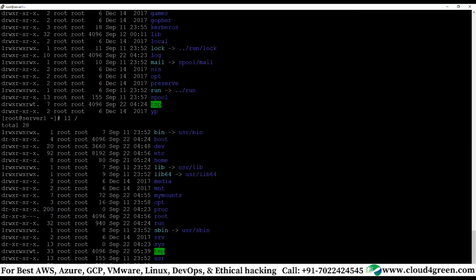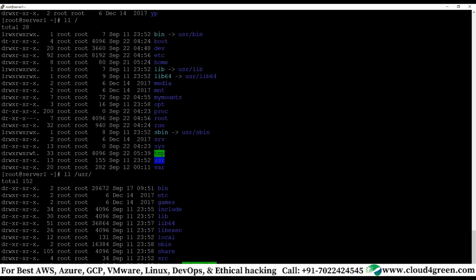Now comes usr, lib and bin, and usr sbin. Okay. User is basically user related information, or it could be somewhere like a third party software which is installed.